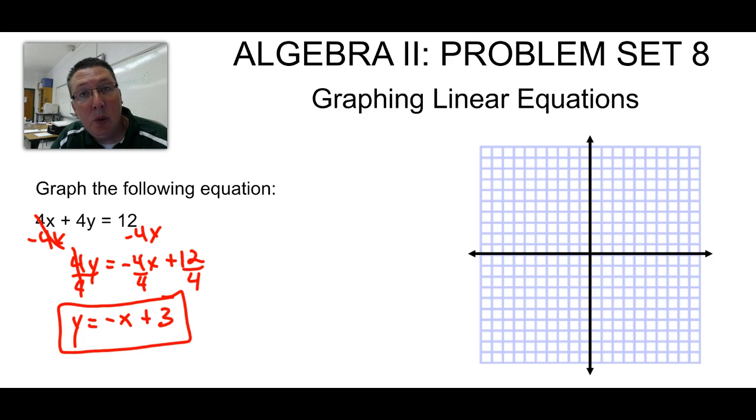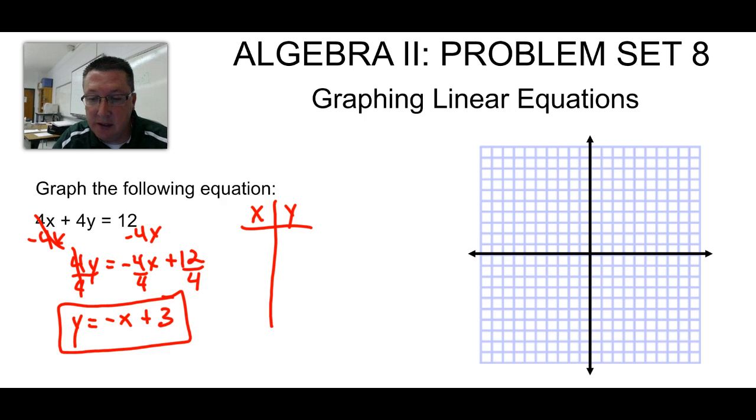Now, the first way we learned how to do this was to make a little table. I call it an xy table. And we did this and picked numbers for x, like 0, and as long as there's not a fraction attached to x, you can pick any number you want. We'll just keep it simple and use 0, 1, and 2. And what we did with this was we took those three x values, plugged them in one at a time,